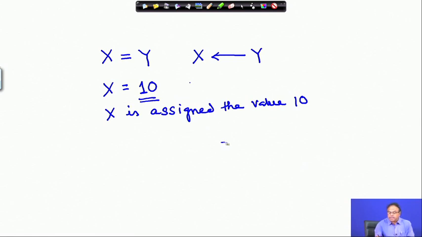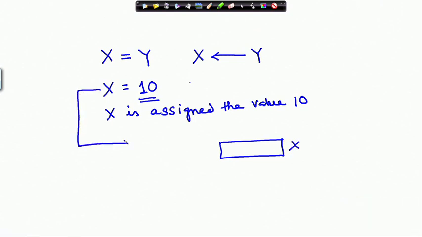Therefore, x is a memory location which, for this example, has the value 10. After execution of this instruction, this will be the situation in the memory.